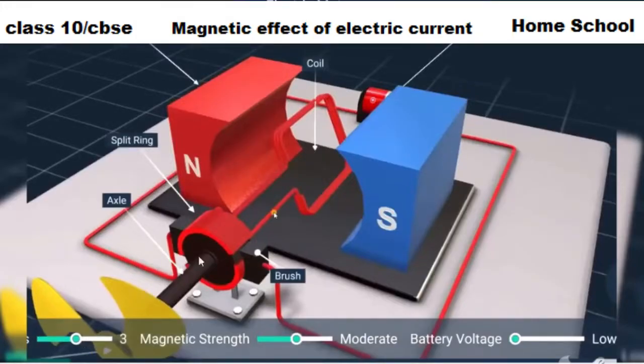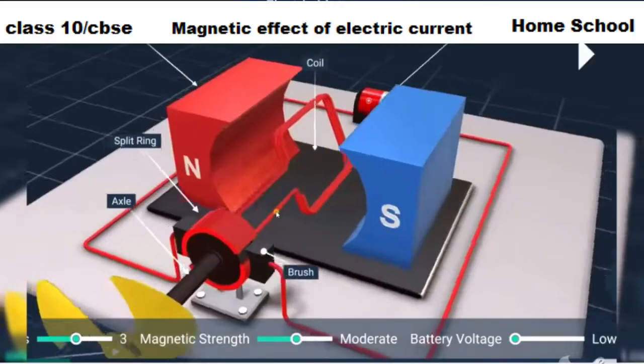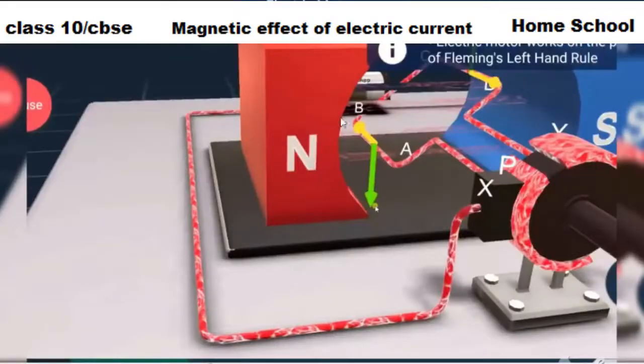So these are the different parts of our DC motor. Now let us see how it will work. When a current is passed, here you actually have a battery, right? From the battery the current is coming in this direction. From the positive terminal it is going to the brush X and the split ring P. Through P the current is going through the coil and is moving in the direction A, B,